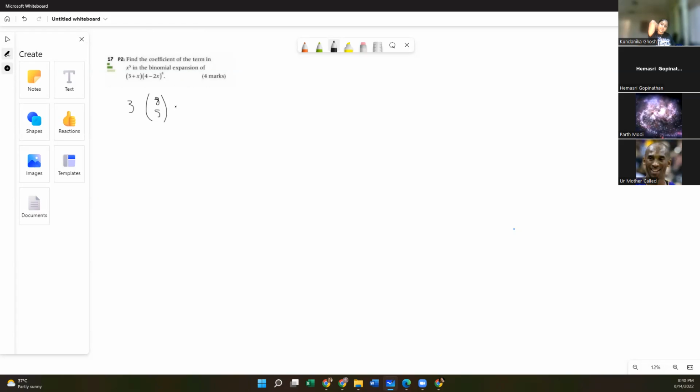Wait, is there a correct way to write n choose r? Is there a specific format that's usually used, or are both the parentheses version and n choose r used? Yeah, both are used. I like using the parentheses, especially when I'm writing it out, just so I can see what's on the top and what's on the bottom. I mean, you can do that with n choose r too. The first time I saw n choose r, I was so confused because I've never seen anything like that on the top. It's usually always been on the bottom. Oh, really? Interesting.